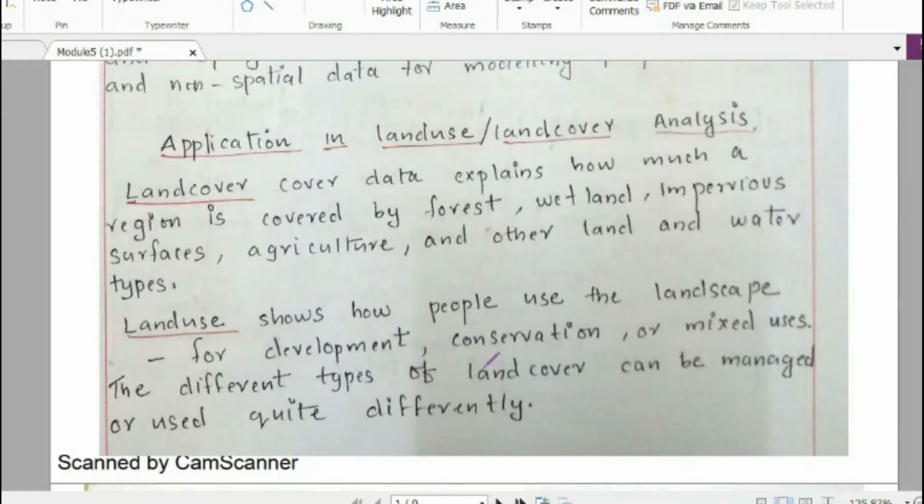We know that the Earth's surface is covered with various natural features, like vegetation, various soil exposures, water bodies, mountain areas, valleys, and plateaus, and these are all called natural features. The part of the Earth's surface which is covered with the natural features, we can call a land cover area.